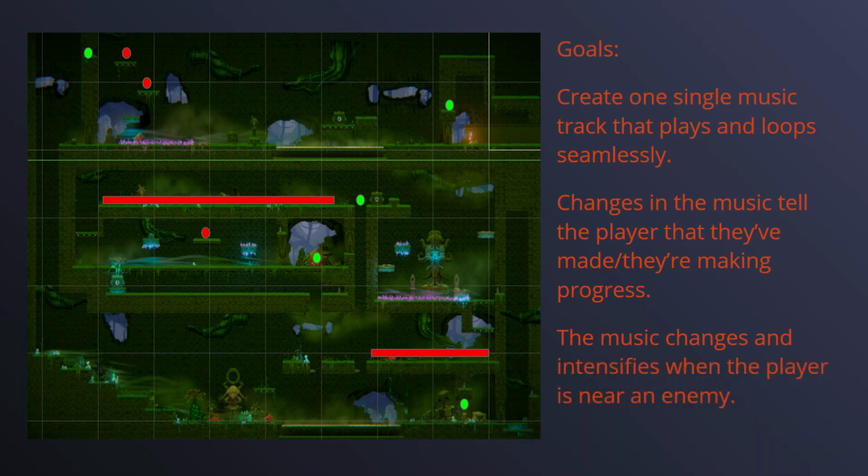As you can see, I've made a quick list of some of the goals I've set for myself, and these are basically going to influence, or they have influenced, how I've designed my music. The first one: I want to create a single piece of music that plays and loops seamlessly. So as soon as the level starts, the music plays. As the player goes through, all the transitions are nice and smooth. There's no pausing, there's no juttering in between transitions,